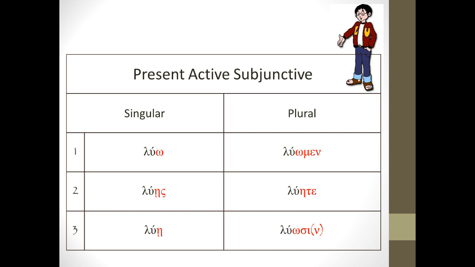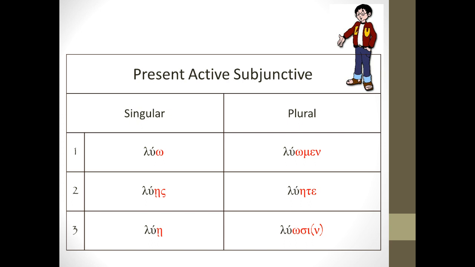For instance, with the luo here, if I had a hina, that red flag word that I showed you earlier, hina luo, that hina would be my clue that what I'm dealing with here in luo is the present active subjunctive first person singular. That's how I'd parse that. It would be in order that I might loose. And I'm going to do some practices with you here on the screen before we go on, so don't worry.